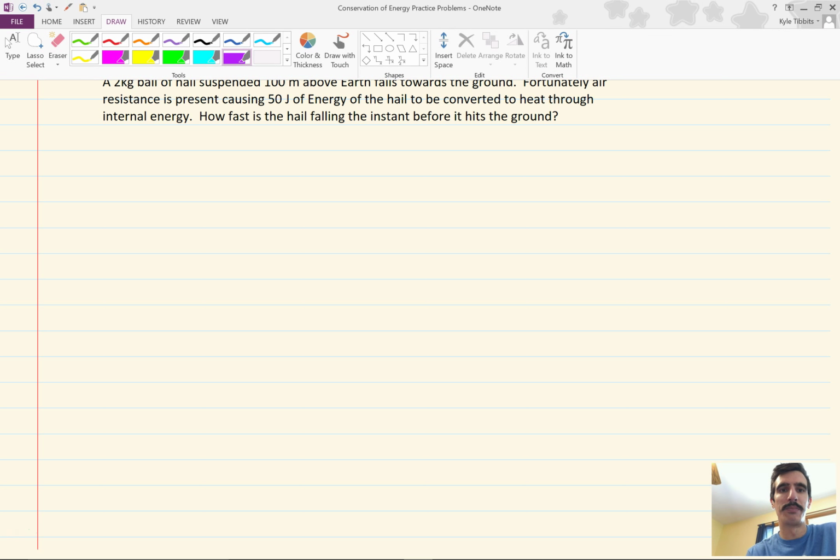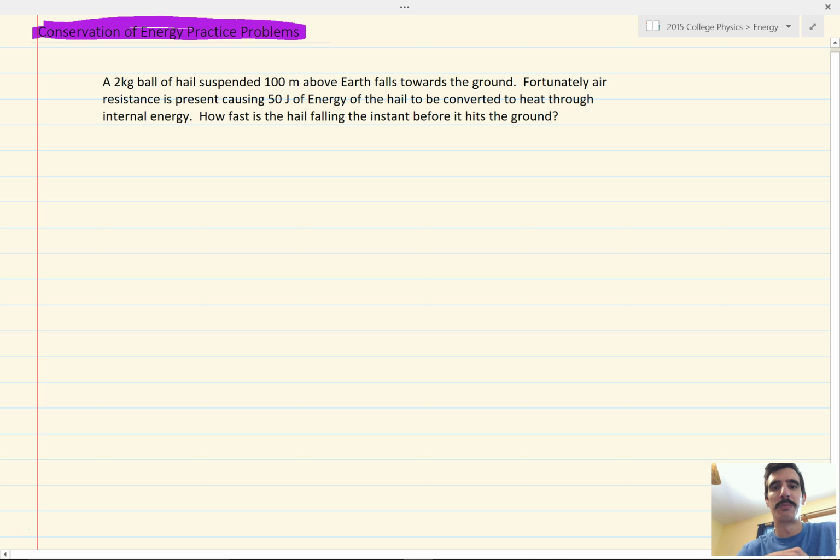A 2-kilogram ball suspended 100 meters above Earth falls towards the ground. Fortunately, air resistance is present, causing 50 joules of the hail's energy to be converted to heat through internal energy. How fast is the hail falling an instant before it hits the ground? If there weren't air resistance or internal energy, the hail would be falling pretty fast, and it might even hurt you